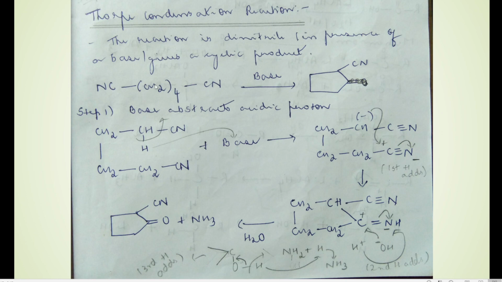So what do we have? CH2 four times. So write it like this: CH2, CH2, CH2, CH2, and at the two ends there is CN. That is a nitrile group that is present. What is the first step? The base will abstract a proton. So this is more acidic because it is directly attached to the nitrile group. So there will be a proton elimination from this carbon, carbon number 1. So this H plus is abstracted by the base. So here this carbon will get a negative charge.